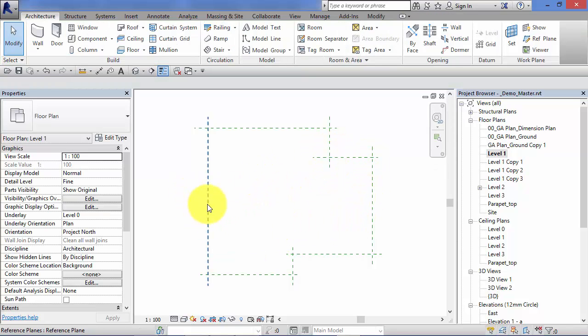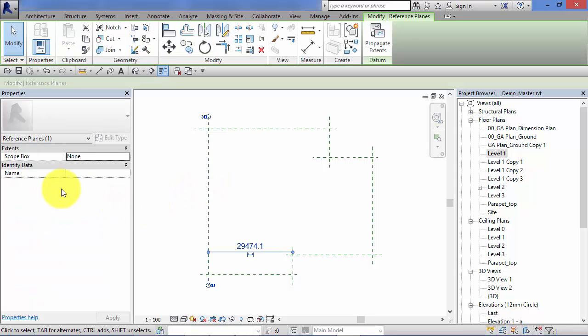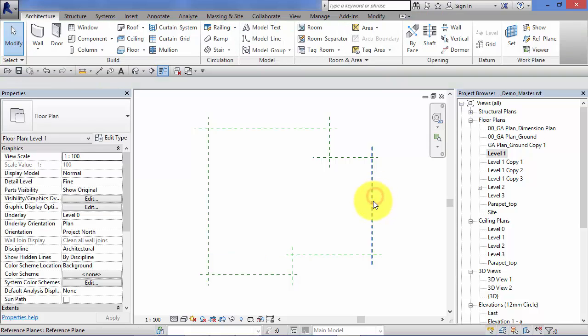However, in the example with the roof where we want to control geometry with reference planes, it's fairly important that you actually give each one a name. That will become really self-evident in the unit on extruded roofs, where I put 2 reference planes down. I'll name them and show you how you use those as work planes. But just for now, I want you to note that if you are going to use them to control geometry, then give each one